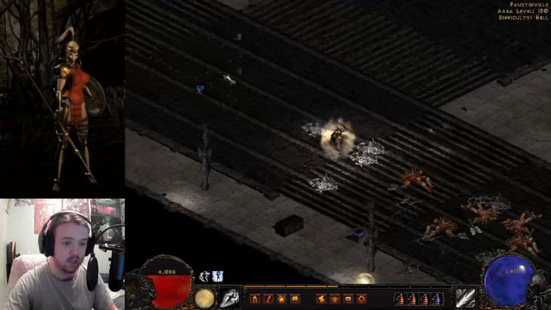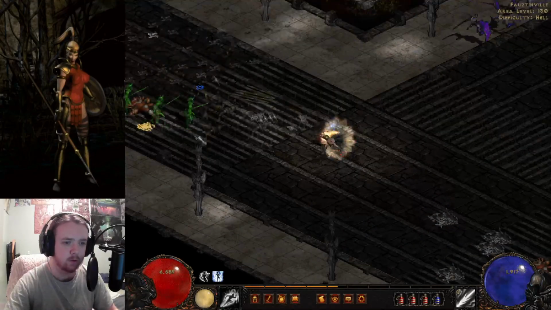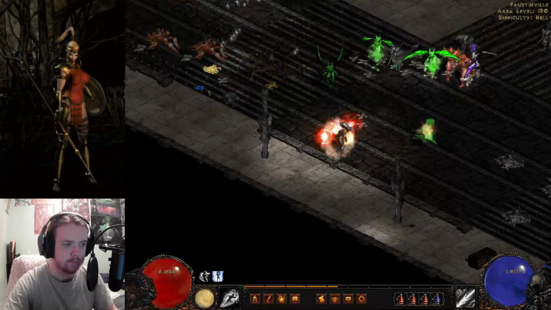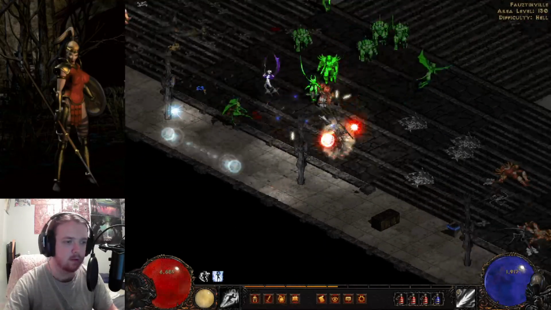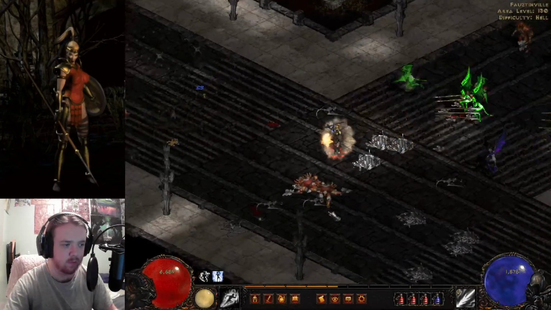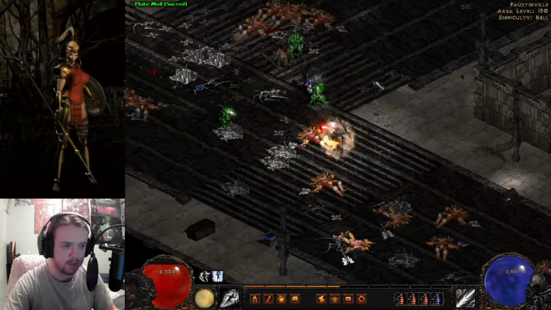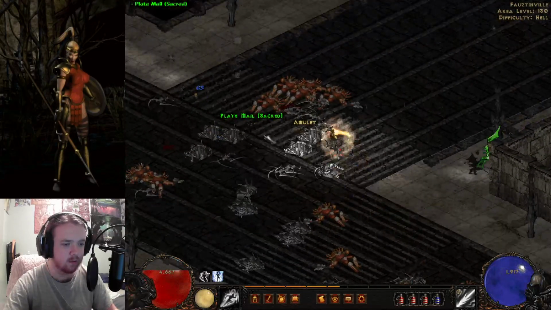You also don't leech off of the necrobots, and that's a big part of it. Or if you do, it's very little. Whereas the other enemies I leech quite heavily off of to stay alive. So that's a big part of the necrobots being annoying. Sacred Plate Mail. Is that...